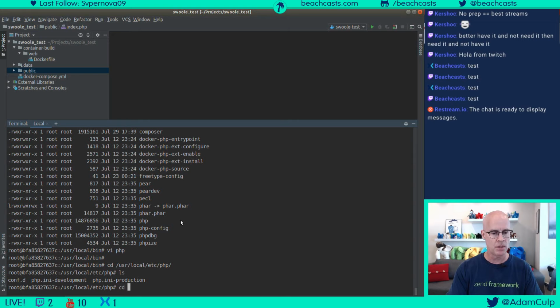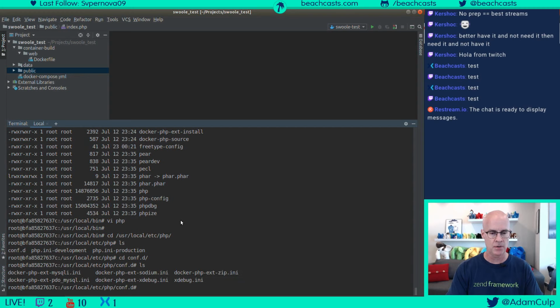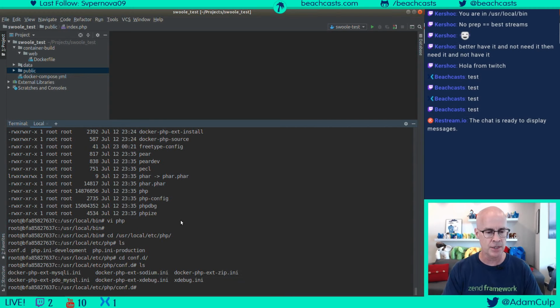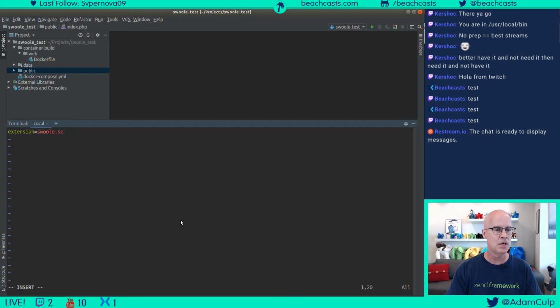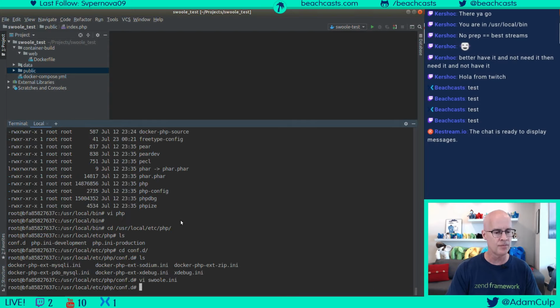There's two, but I can go into conf D. There are additional ones in there, so I can actually add one in here. And so I'm going to do that. I'm going to call it swoole.ini. And we'll copy the extension swoole right in there. So now, if we restart Apache,